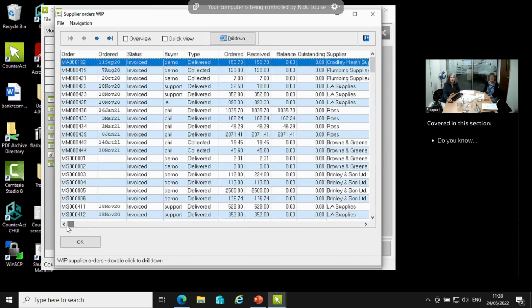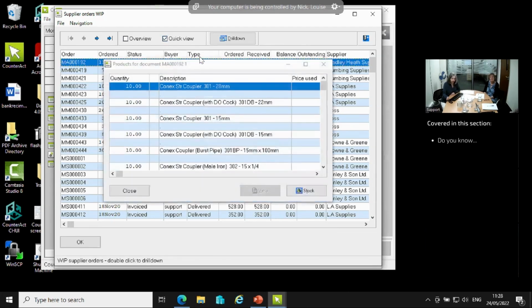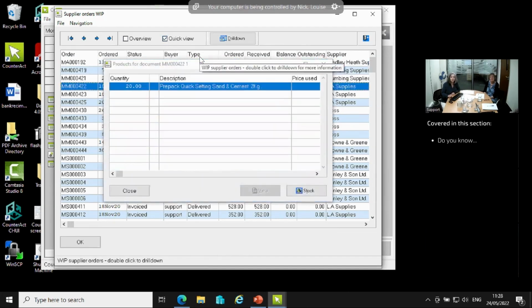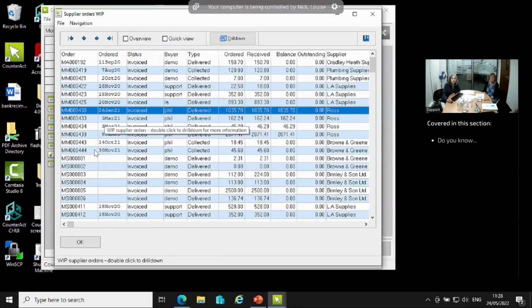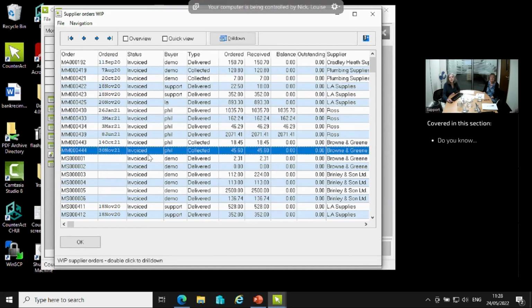So I wanted to show you that first of all. Then the other thing I wanted to show you was, well, we've got the quick view in here. Of course that looks just the same as it did in the previous screen that I showed you. And I'm going to go down to, let's have a look at that one there. Because the other thing I wanted to show you is that in a lot of these screens where you can